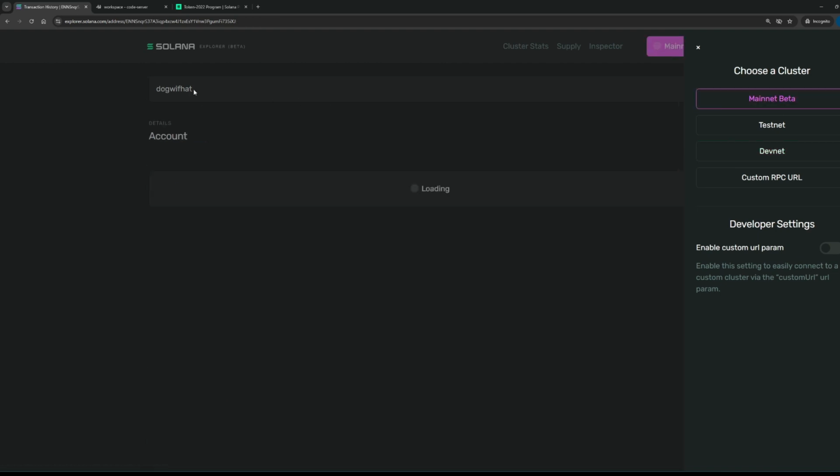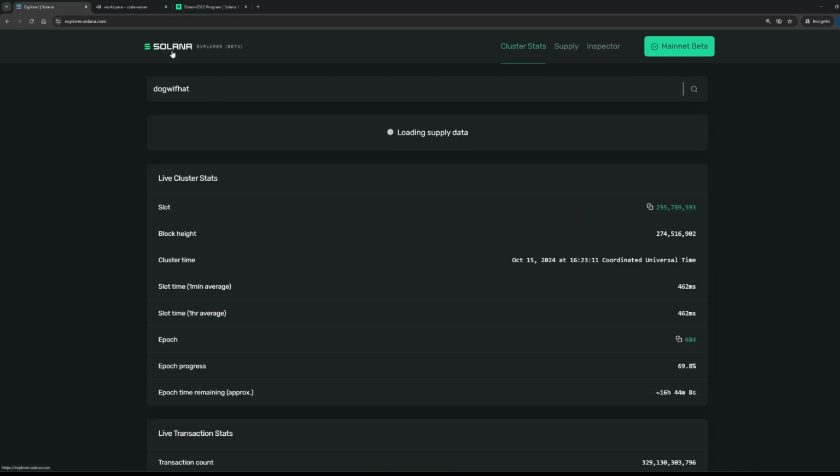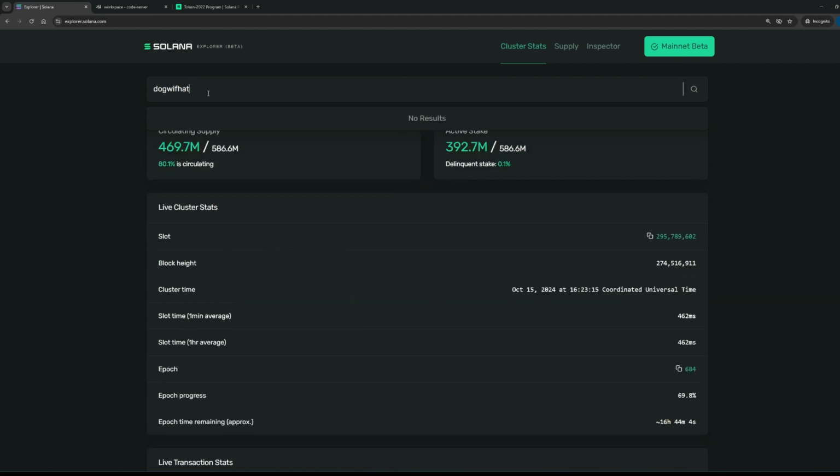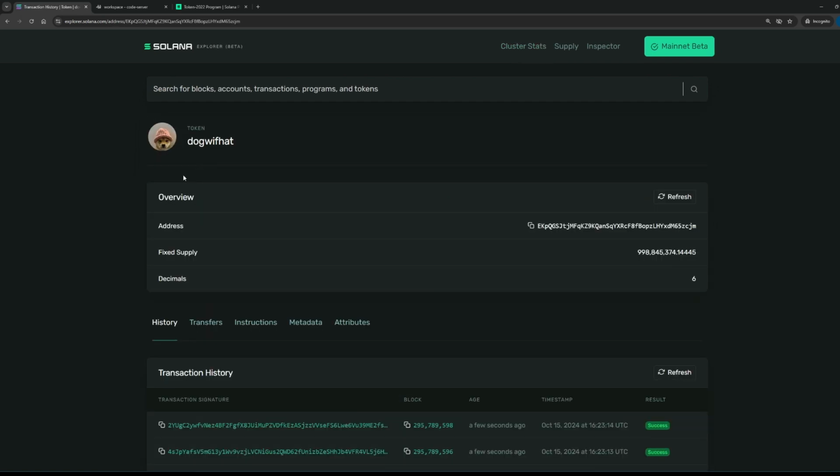So let me switch the Explorer to mainnet. Wait a second. That's strange. Oh, here it is. Doge with hat, right?